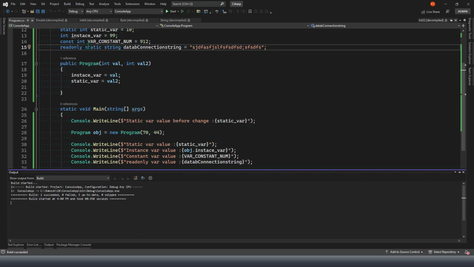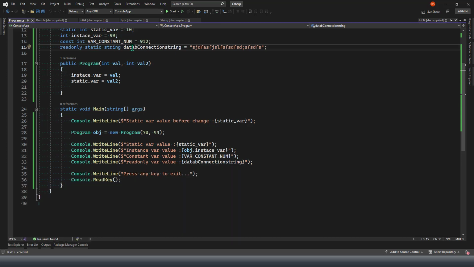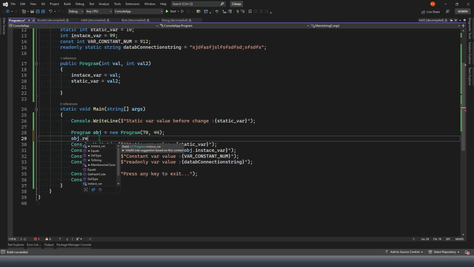When you do not use the static keyword with read-only, it means that read-only becomes the instance type of variable. The only difference between the normal instance type and read-only type is that we cannot change the value of the read-only anywhere. For an example, I cannot make the changes like this. I cannot do object dot, let's say,